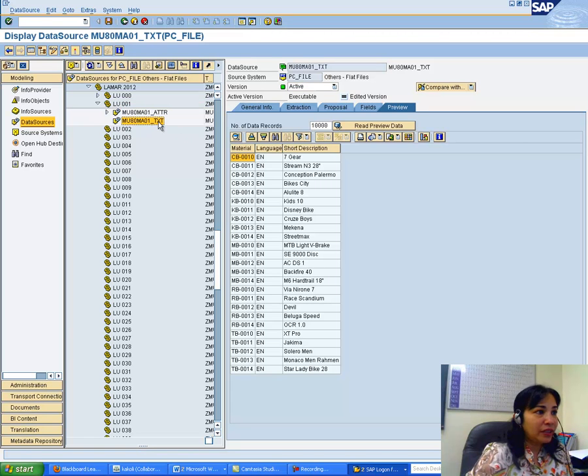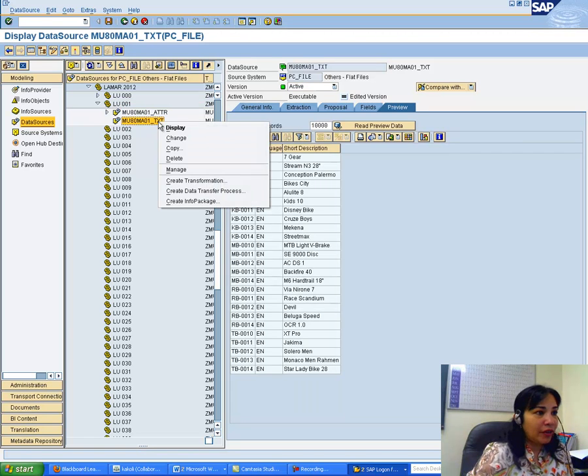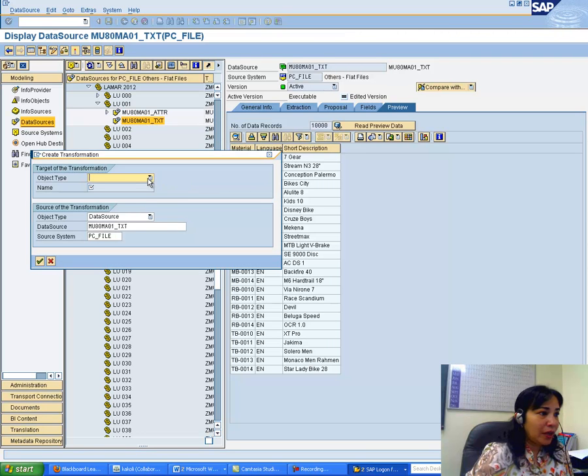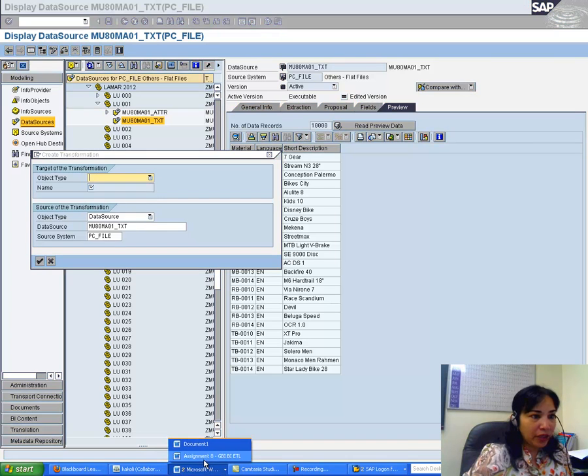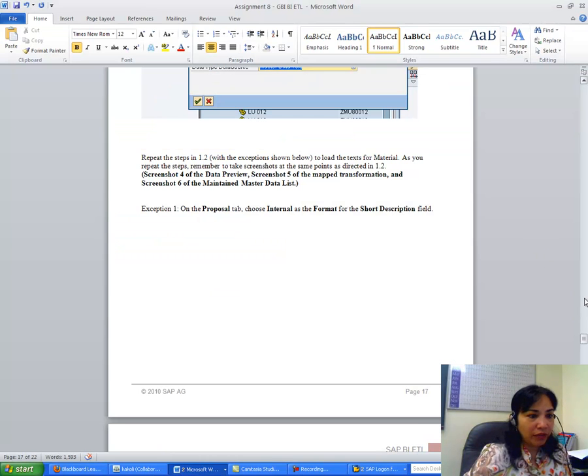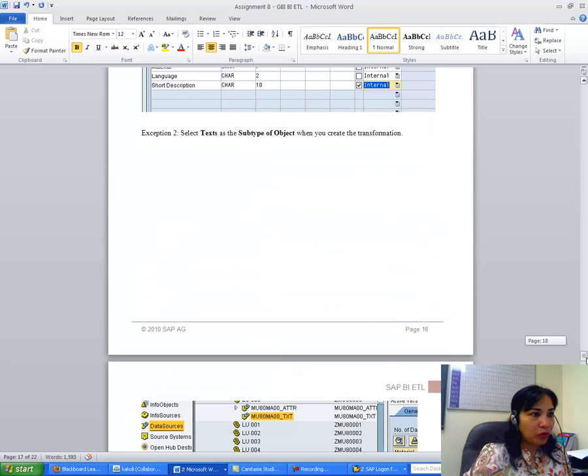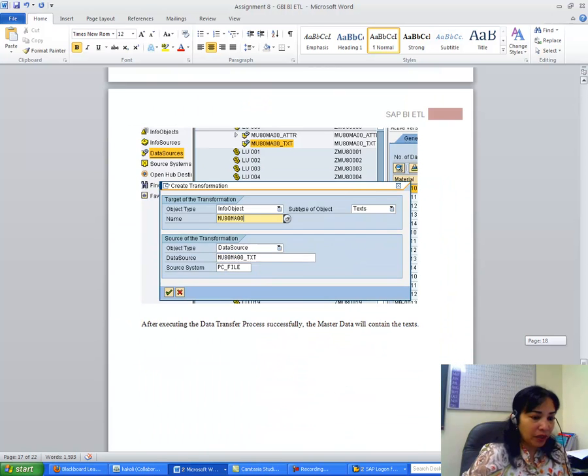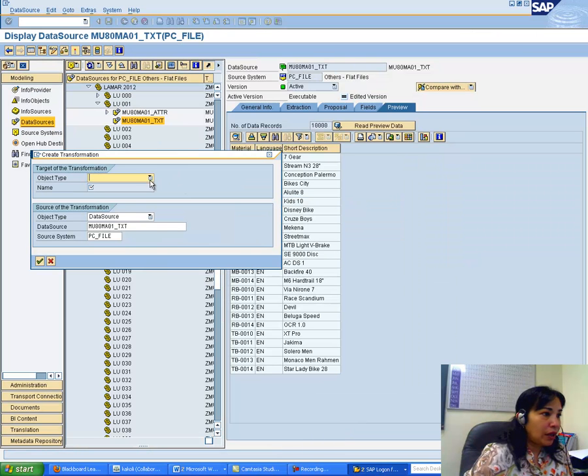So I right click on txt file, I create transformation, object type. It tells me that there is a change here, right? In the object type, what do I put in? In the object type for material text, I put in text as the subtype of object. Okay, so info object, but I put in text, of course, because it is my text. So I info object, and then it is text, and then name is